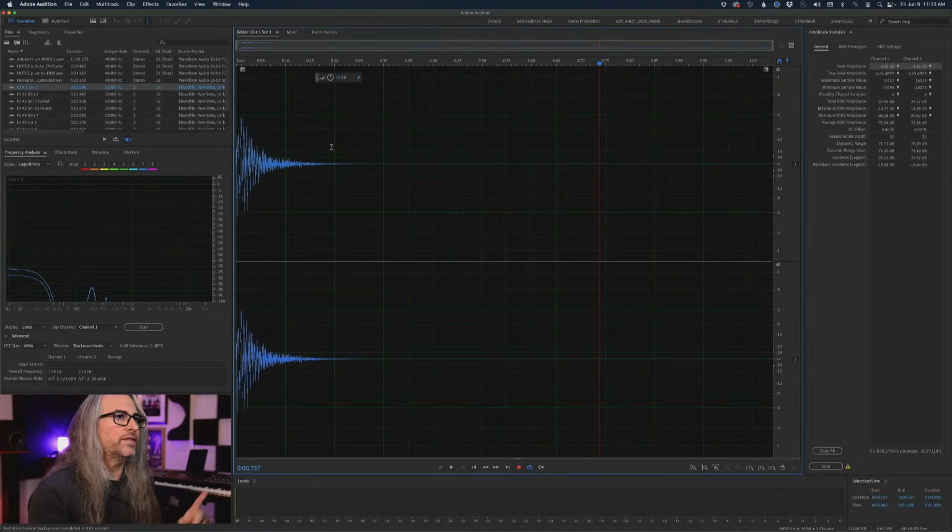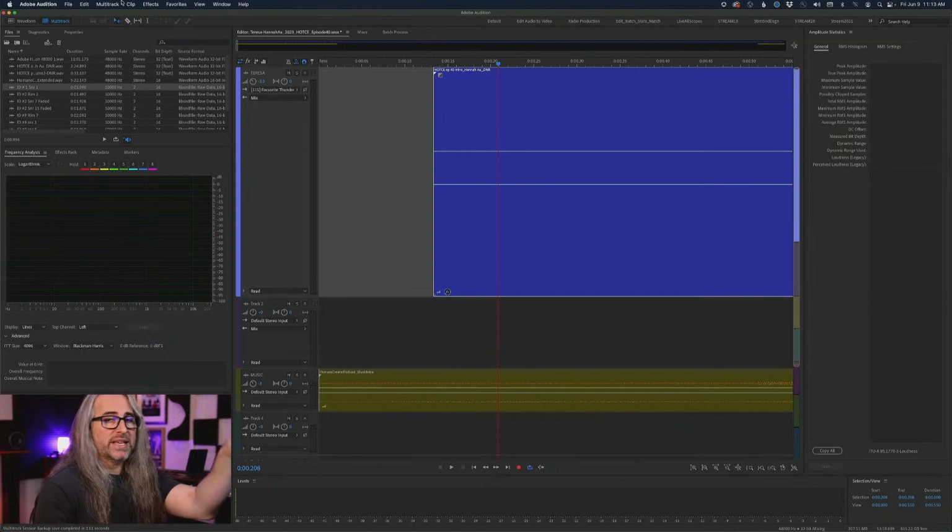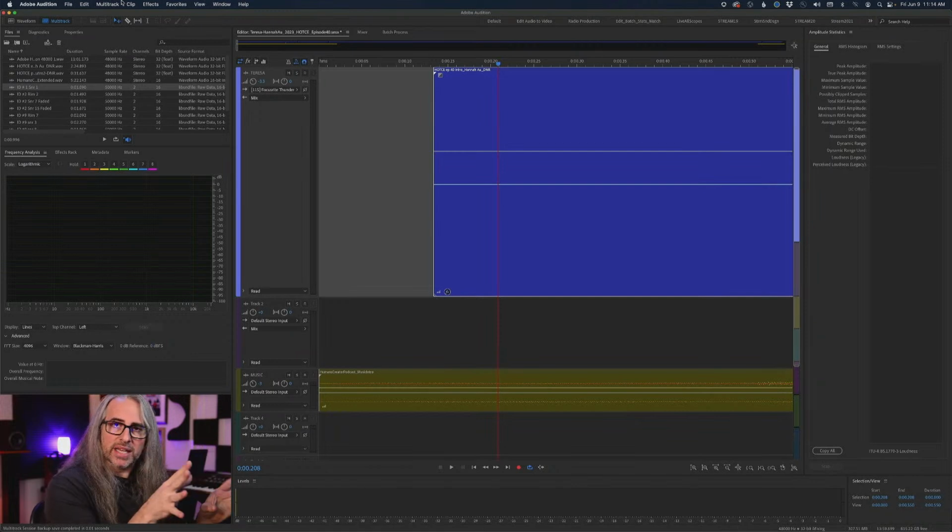But the audio itself is not going to be reflected back in Premiere. Let's say that's fine, we're not changing the duration of anything. We just want to do some basic mixing here, maybe use some of Audition's native effects, or some other things that aren't in Premiere, and then send that back. Or maybe you just like doing the mix in here.